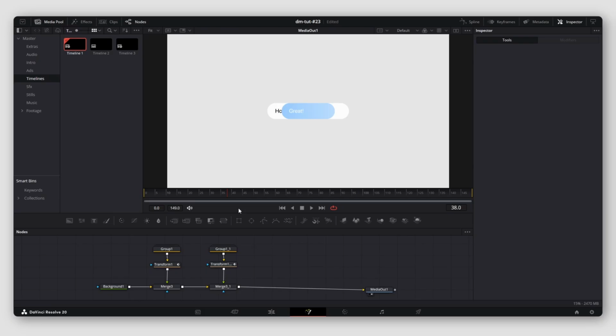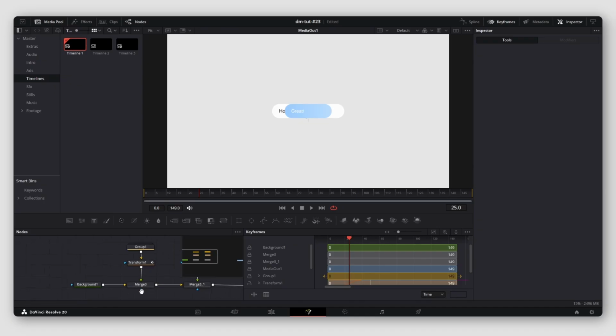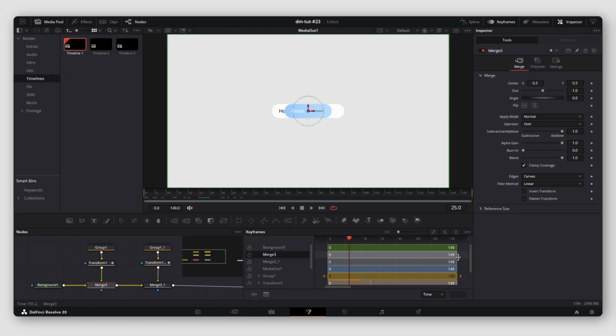So now we will create the match cut transition. So take the playhead to frame 25 because this is the point where there is the spike of speed in the animation, and then open the keyframes, press this button to fit everything in, then select the first merge and